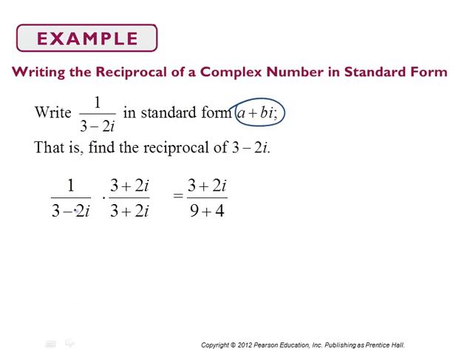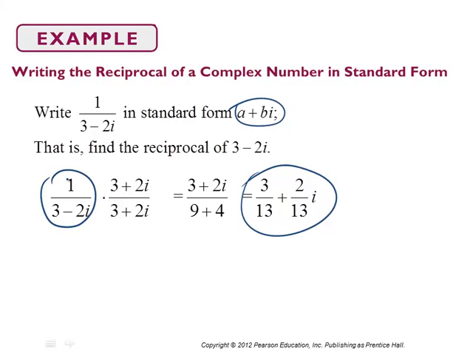Now, 3 minus 2i times 3 plus 2i is 9 plus 4, per our discussion in the previous slide. And in the numerator, you have 3 plus 2i. Now, the denominator, 9 plus 4, is 13. So you'll have 3 over 13 plus 2 over 13 i. And that's how we will write our answer